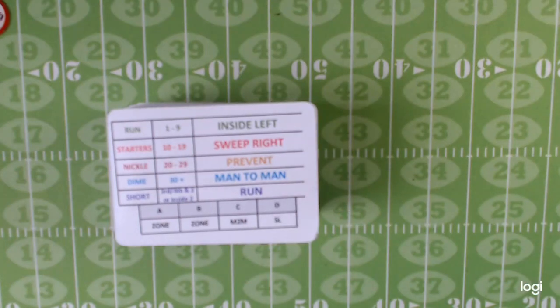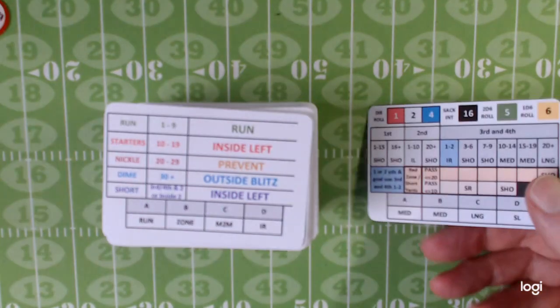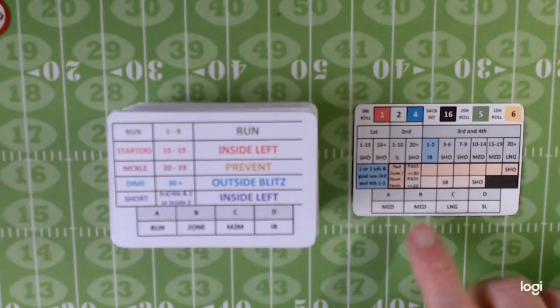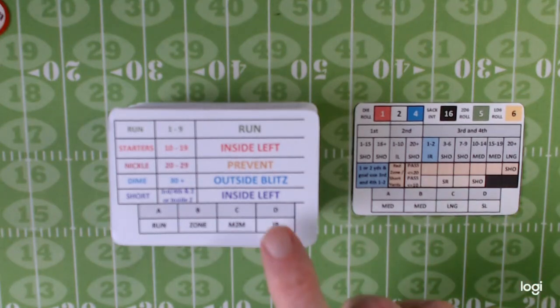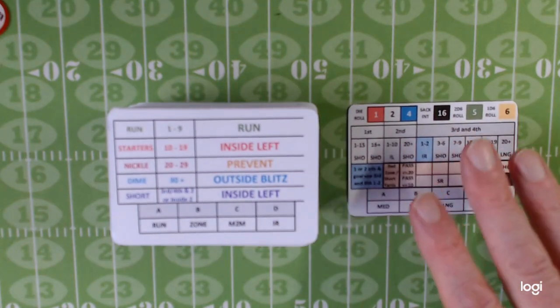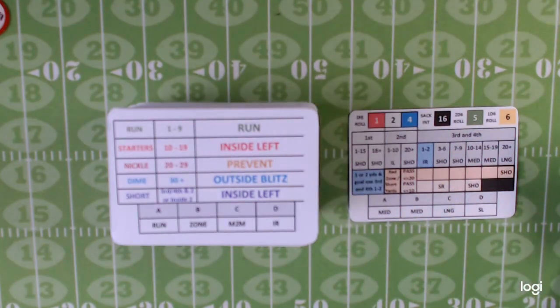So dependent on the score difference near the end of the game, it might say if you're behind you will use B, if you're in front you'll use D, and when you turn the card over you use the same letter for both. So if you were using B, it would be a medium pass against a zone, and if you were using D, it would be a sweep left against the inside right. And these are the same. As I say, it looks roughly the same, first, second, third and fourth,